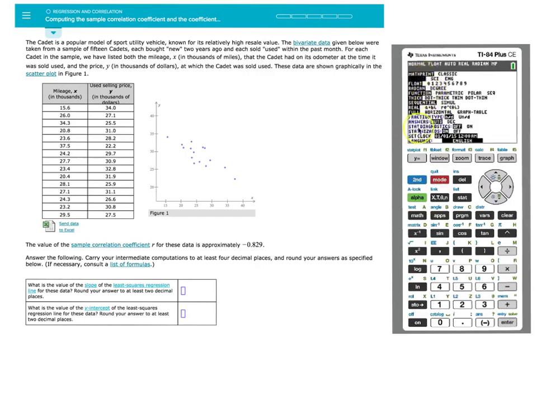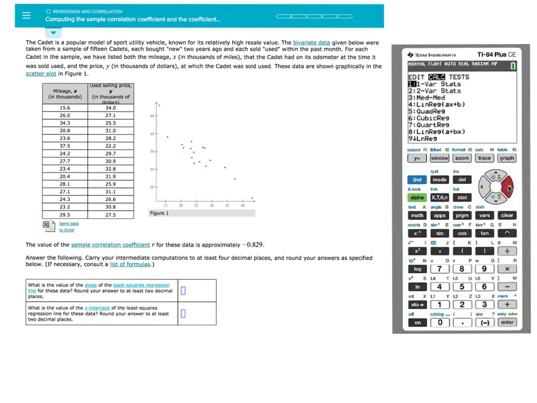The next thing you see right now on the screen is an additional feature you would like to have on. By pressing mode and scrolling down to stat diagnostics, you need to turn it on by moving to the right and pressing enter to highlight that option. Now if you go back to Stat,